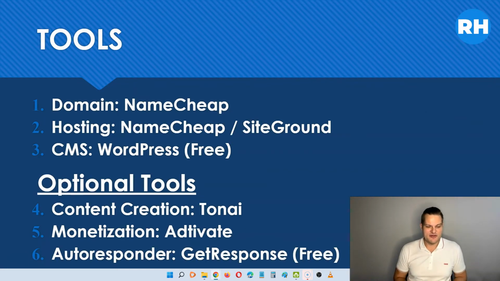So first, you will need a domain, and here I'm highly recommending Namecheap. Namecheap will give you the cheapest possible domain, and you can, for example, get a .com domain for less than $7. If you buy another domain that is not as popular, XYZ or IO or something like that, sometimes you can get them all the way down to $1 or $2, something like that.